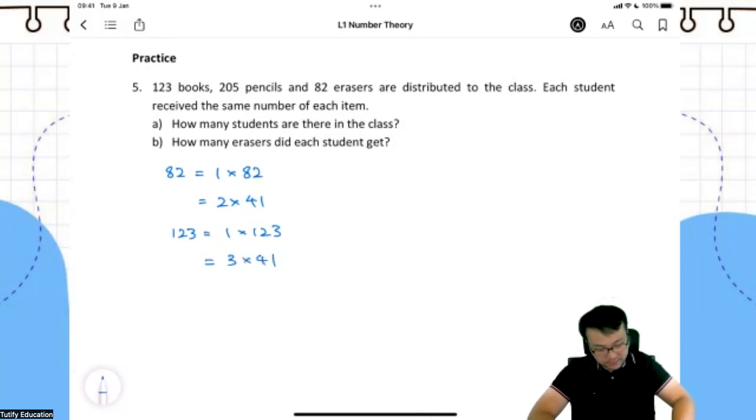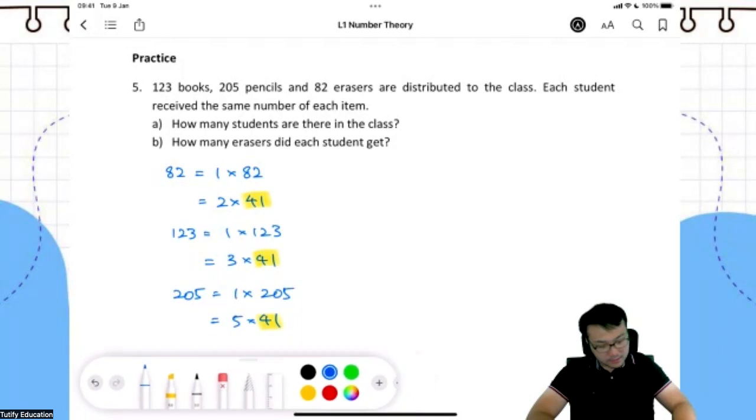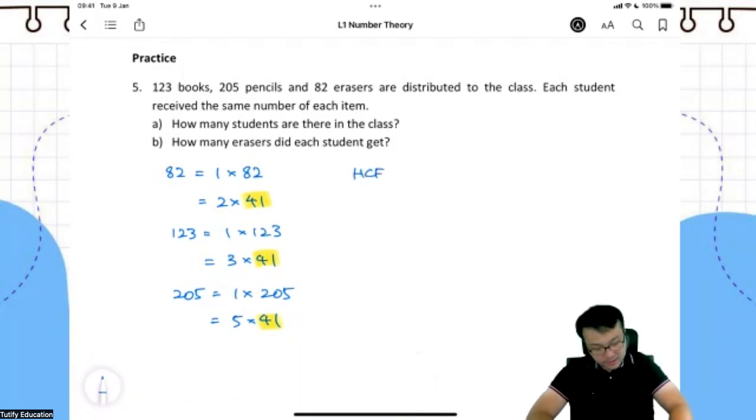Then finally, 205 is? What times 41? 1 times 205, and 5 times 41. Very good. What is the highest common factor? 41. Yes, because we notice that the number 41 appears everywhere. It is common. So we say the highest common factor of 82, 123, and 205 is 41. And therefore, we can answer there are 41